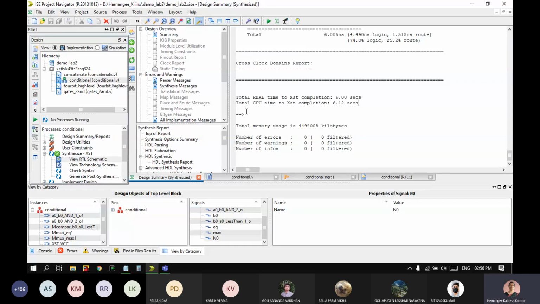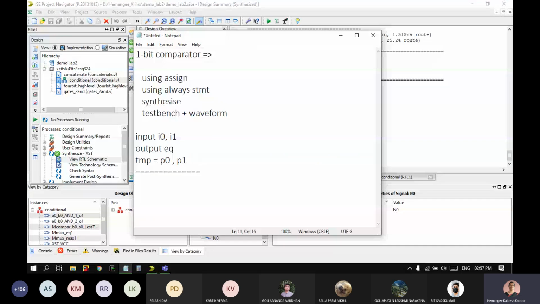Okay, and I think for the same example, you can try out waveforms. So this was one thing which I had written for you. And currently in the conditional example, you can write a test bench, or also set values directly in the simulator.